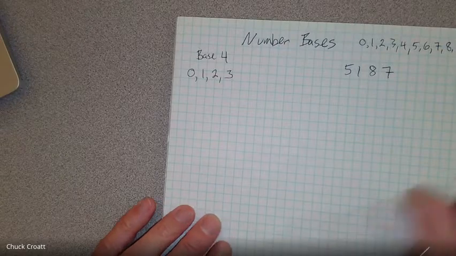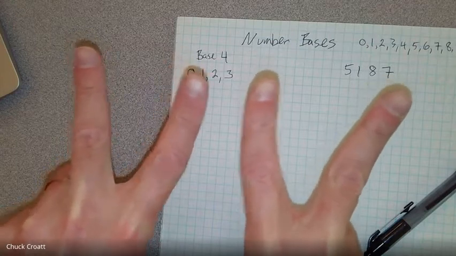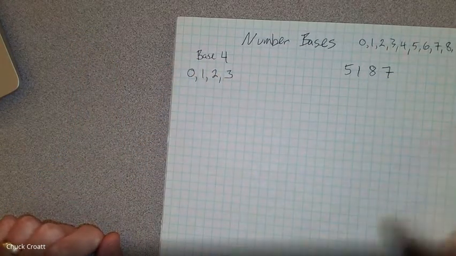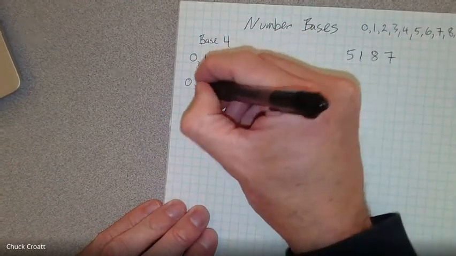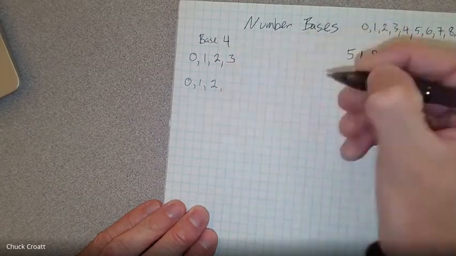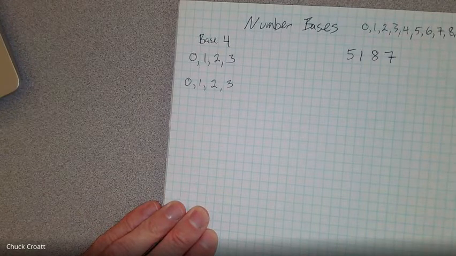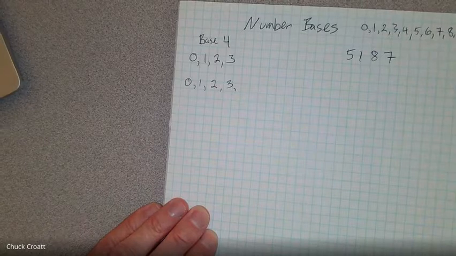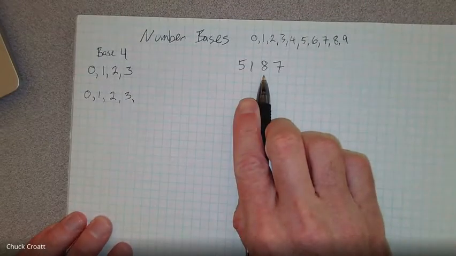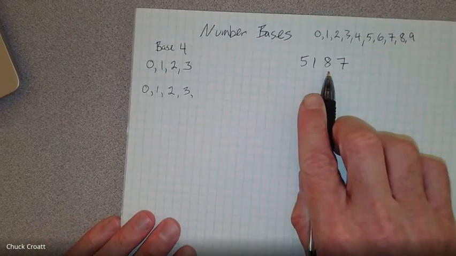We're living on a planet where everyone walks around and this is what their hands look like. They only have 2 fingers on each hand, so they literally have 4 digits. And so as we start numbering, 0 is 0, followed by 1, followed by 2, followed by 3, and now I'm stuck. I can't count any further than that because I've used up all of my digits. So the next number in line, well, I'm going to have to go, instead of to the tens place, because we've got a base 10 numbering system, I'm going to go to the fours place